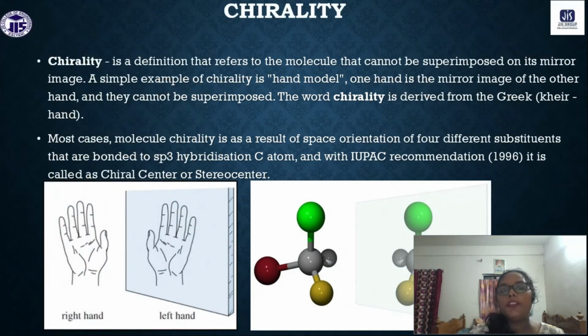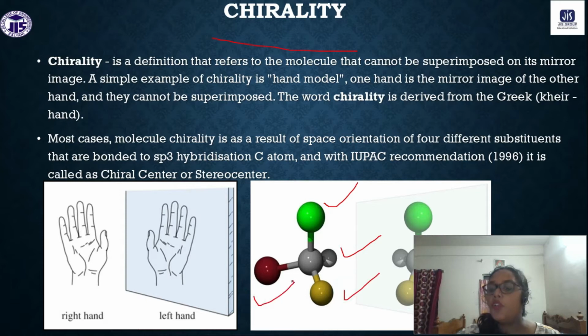Now optical activity. To know optical activity, first you should know what is chirality of a compound. Chirality means a carbon atom is attached with 4 different atoms, and if we have a mirror image here, that mirror image cannot be superimposed on the original. That is called a chiral compound. A good example of a chiral compound is our hand.